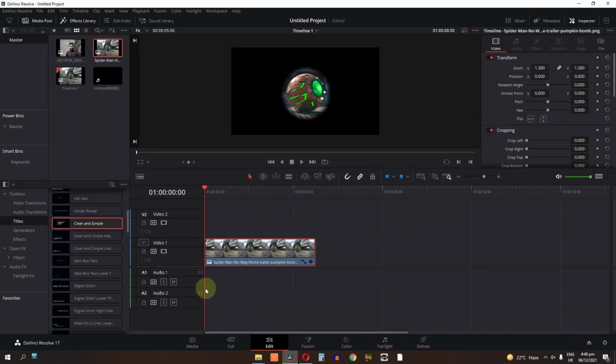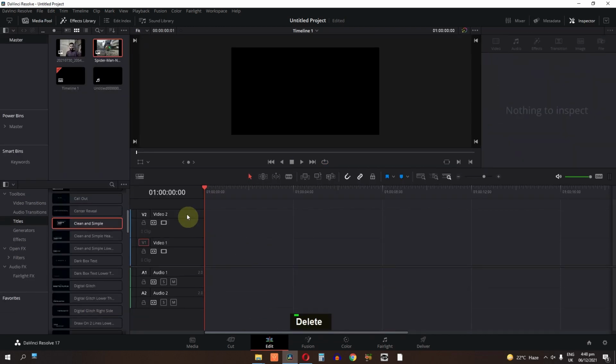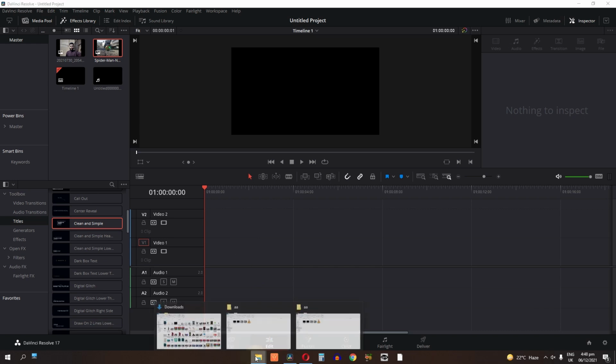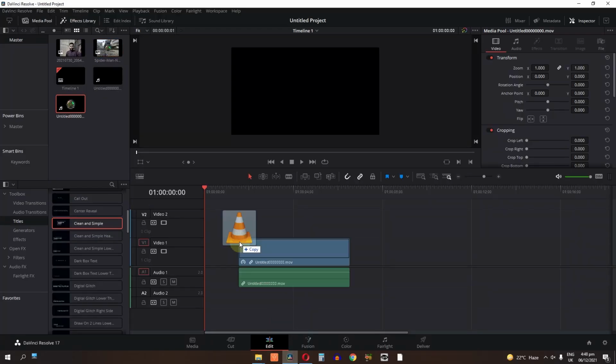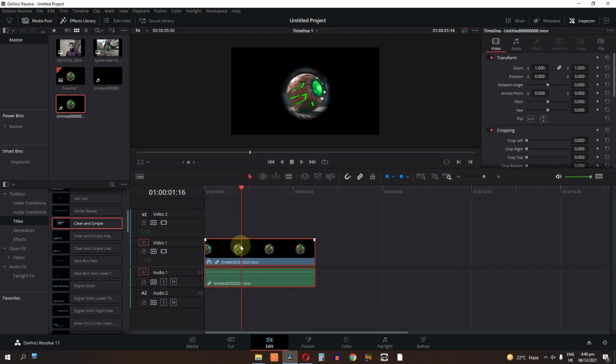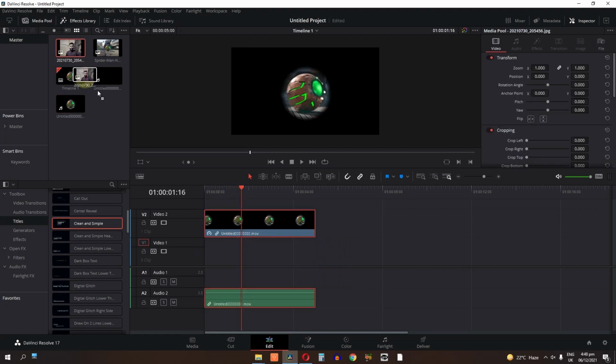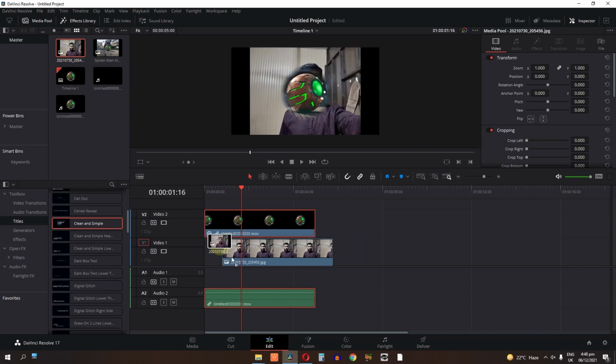And now if I delete this and import our render object with transparent background, drag this up, drag my picture here, and as you can see we have a transparent background. So this is how you can export an object with a transparent background.